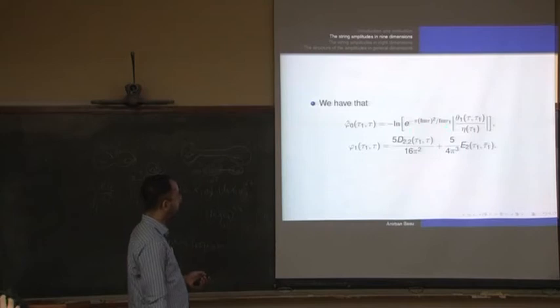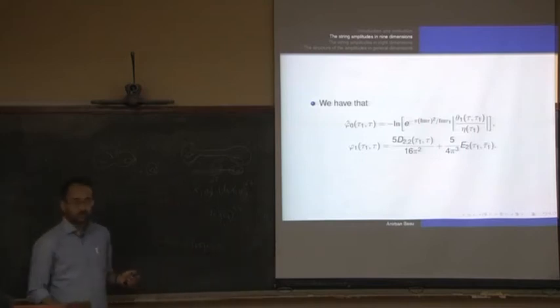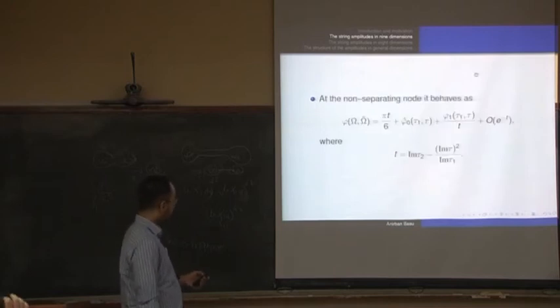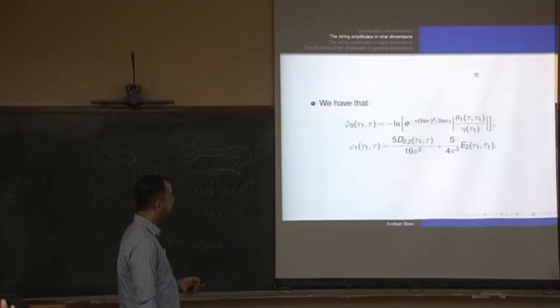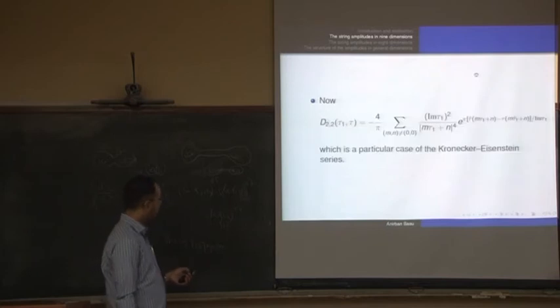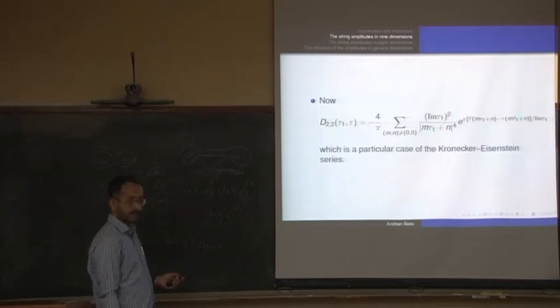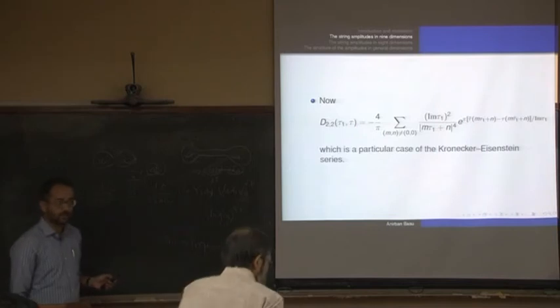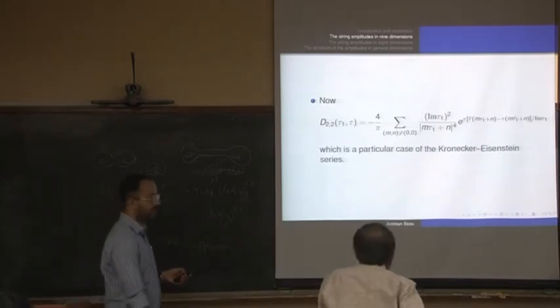It essentially involves roughly the log of the propagator, the scalar propagator on the torus. That is phi naught here, phi naught hat here. I have to tell you what phi 1 is. Phi 1 is given by this. This is the Eisenstein series. This is something more complicated. This will tell you what D22 is. D22 is a special case of what's called a Kronecker-Eisenstein series. This is given by this expression. It has these phases compared to the original Eisenstein series. But anyway, these are tractable expressions, not particularly complicated, because we need the bounds.